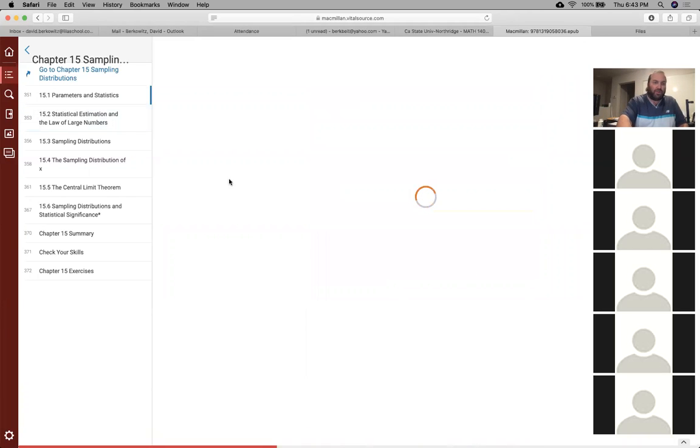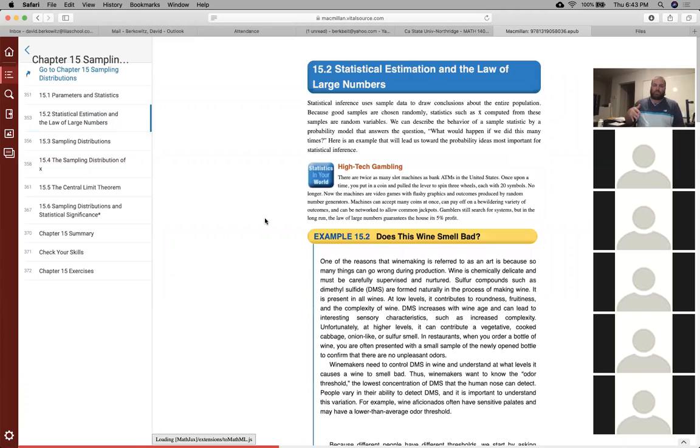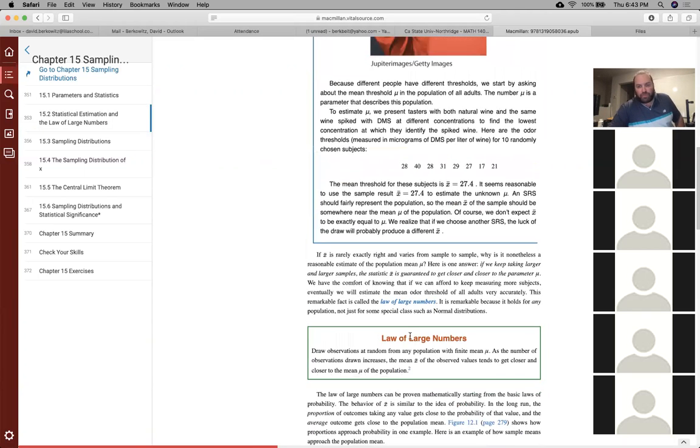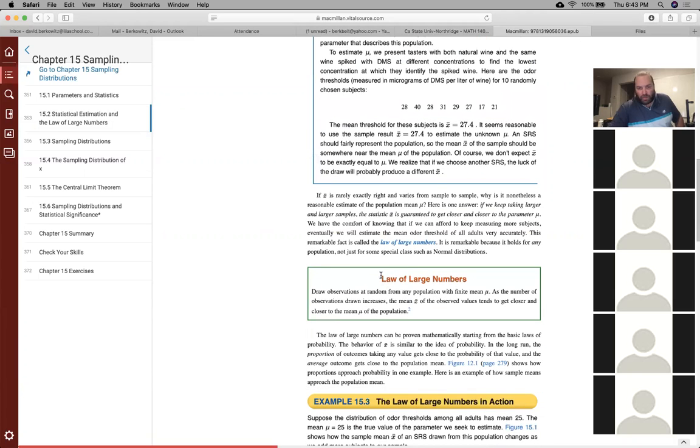So we had a few basic properties. And the first one was the law of large numbers. A very important law. It says that if you draw observations at random from a population, as the number of observations drawn increases, the mean of the observed values tends to get closer and closer